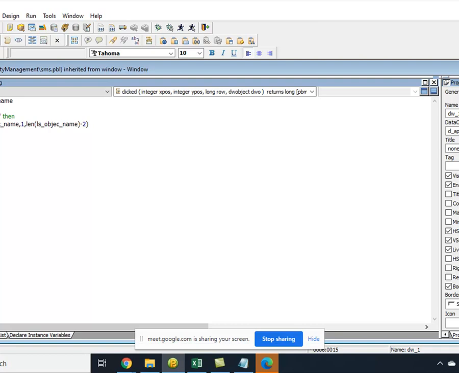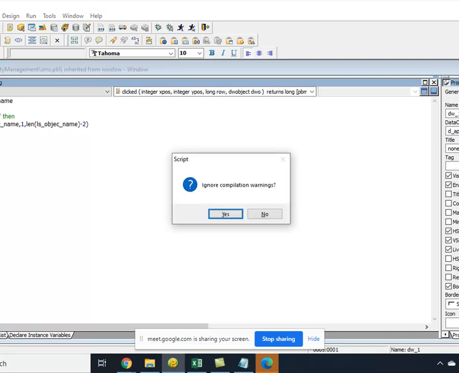You can give this, and then dw underscore one dot sort means first set the condition and then sort it.